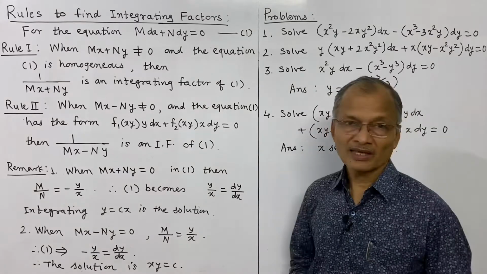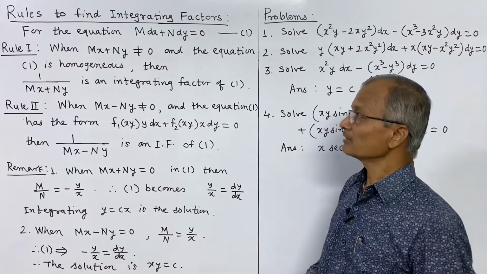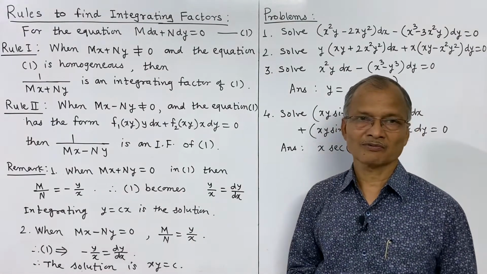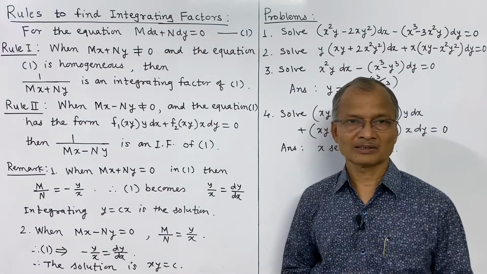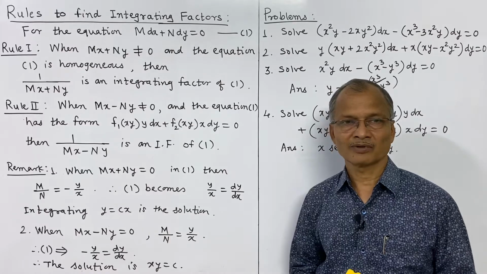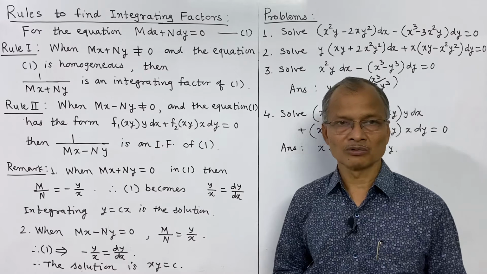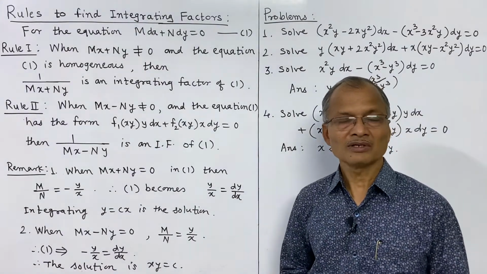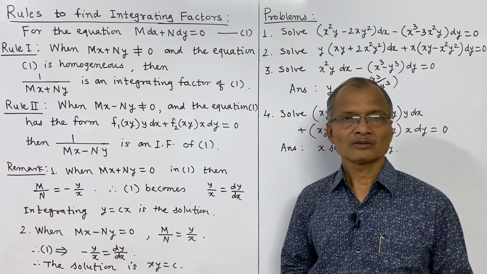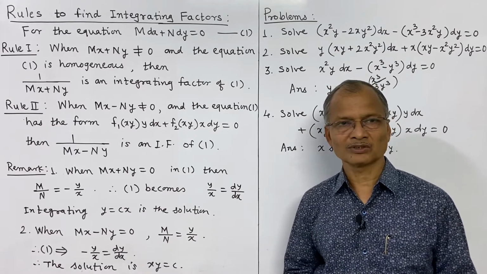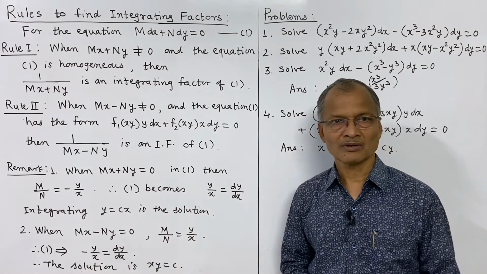We are studying equations reducible to exact differential equation form. And for that purpose, in our last lecture, we have seen how to find an integrating factor by inspection or by rearranging the terms. We can get the equation converted to exact differential form. And there are certain rules to find an integrating factor. The integrating factor, as we have seen, is a function of x and y, so that if you multiply the given differential equation by that function, the equation reduces to exact differential equation form.